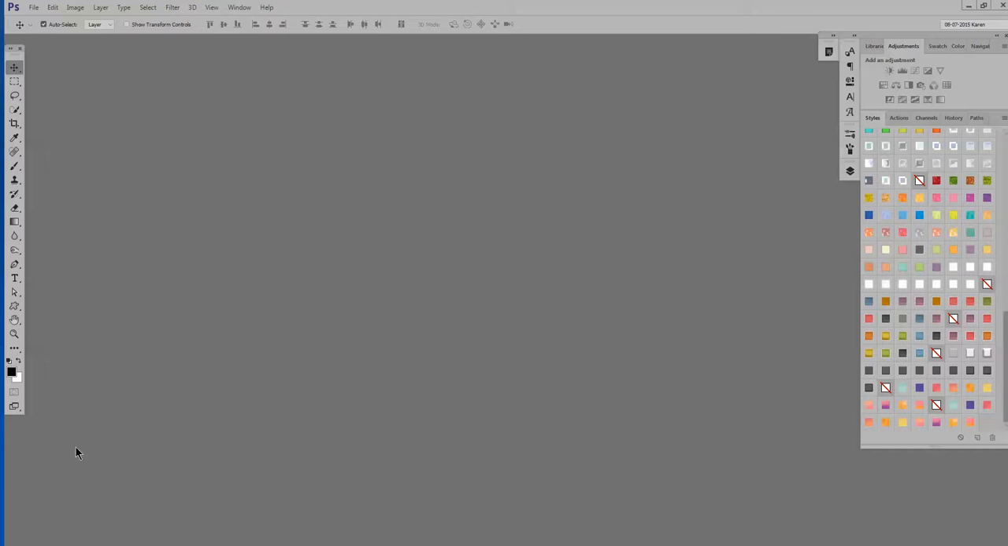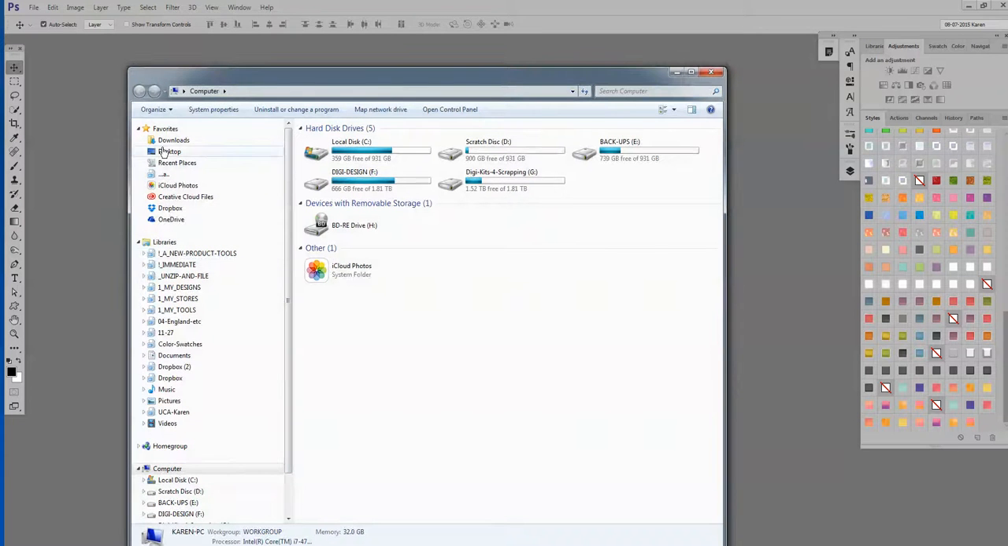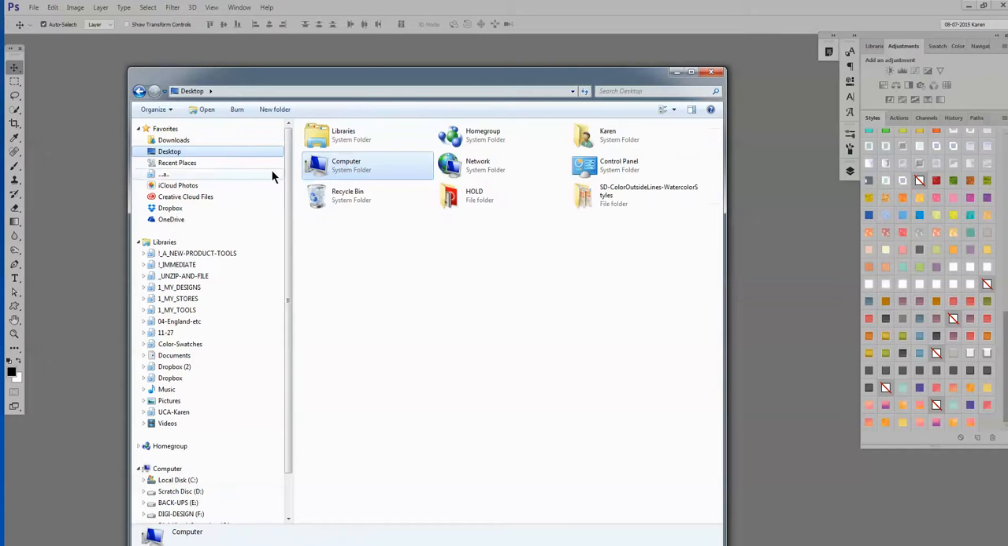There's another way to do it that's easy. You can do this particular method in both Photoshop and Photoshop Elements, the one I just described. The next one is available only in Photoshop. Go to Start, Computer, and again I have these on my desktop, but you will navigate to wherever you have that folder. Come over to Color Outside the Lines Watercolor